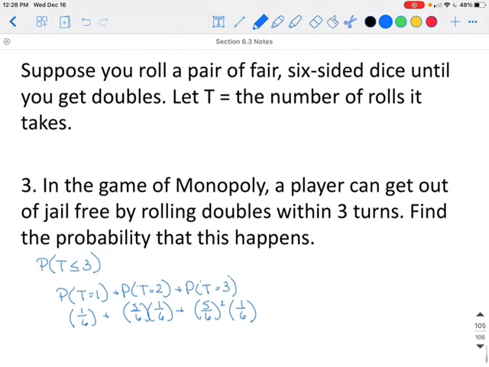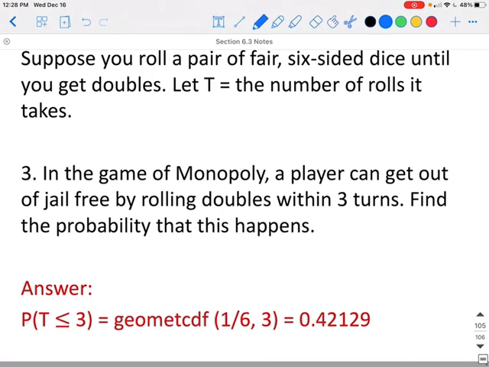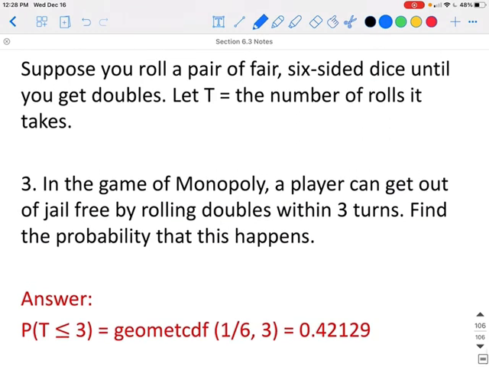Or you can do geometCDF. The probability of success is 1 out of 6. You want to check for the third try, and this would give you a probability of 0.42, or about a 42% chance that you will roll doubles within the first 3 tries. You will get the same answer whether you do it by hand